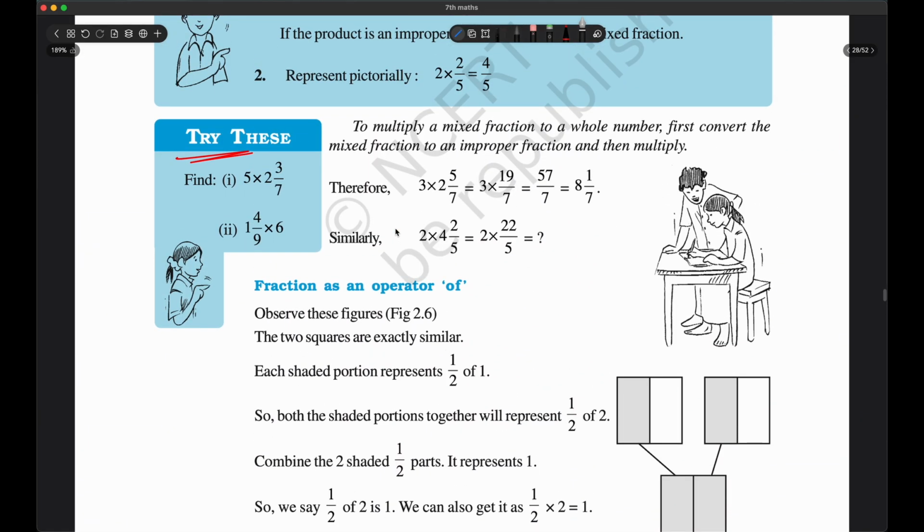In the next lecture we will cover fraction as an operator of